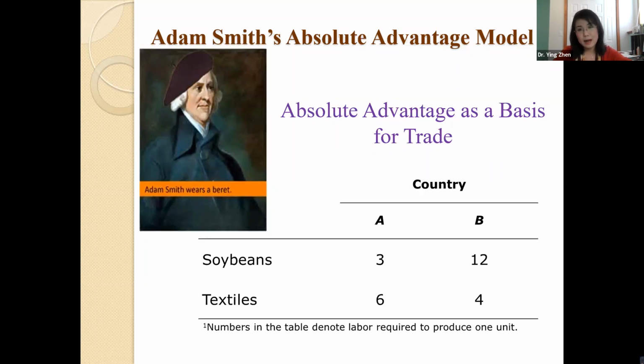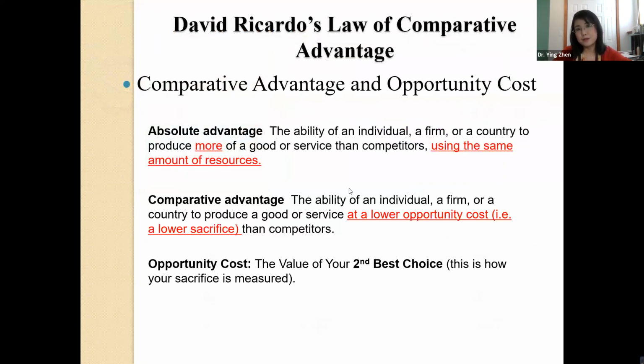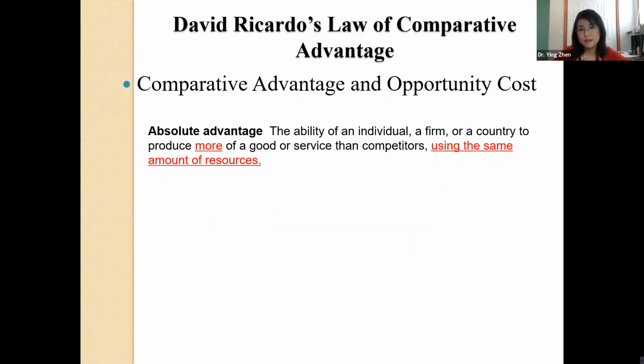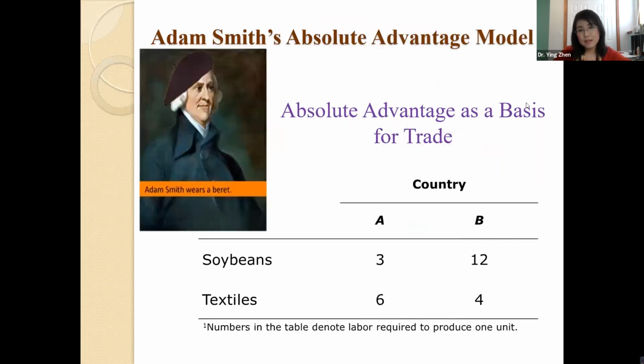And then I would introduce absolute advantage, because it's very straightforward: using the same amount of resources, who could produce more. Yeah. So after they figure out which country has an absolute advantage in producing soybeans and which country has an absolute advantage in producing textiles,